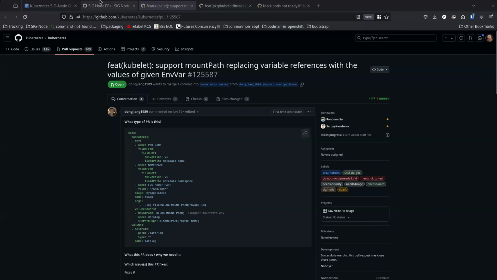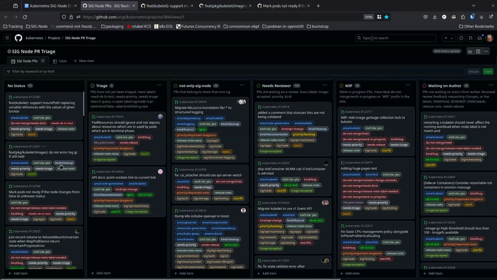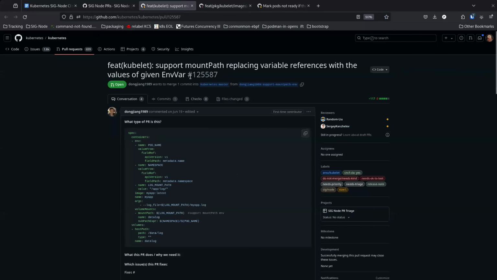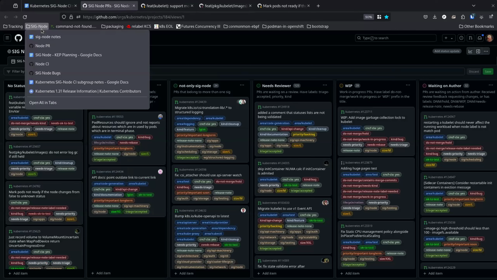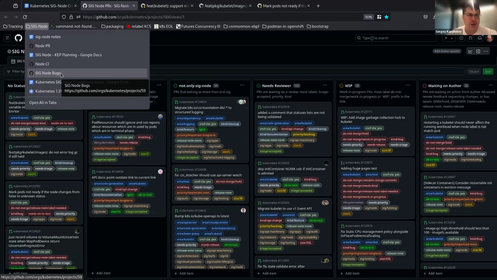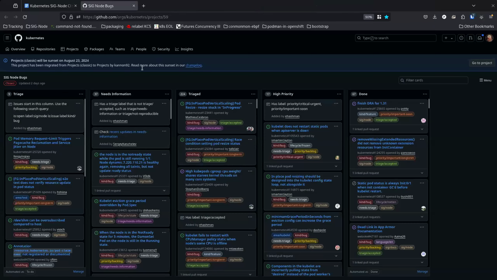All right. So there are a number of bugs in this no status column, and I'm wondering if that came from migration, but this does look like the new board. We can just go through them in the no status column and see if we've already triaged them somewhere, but this one doesn't look like it's been triaged. This is on PR. Should we do PRs, or maybe we should do bugs first? We're just doing bugs in this meeting. Yeah, we try to limit it outside of product changes.